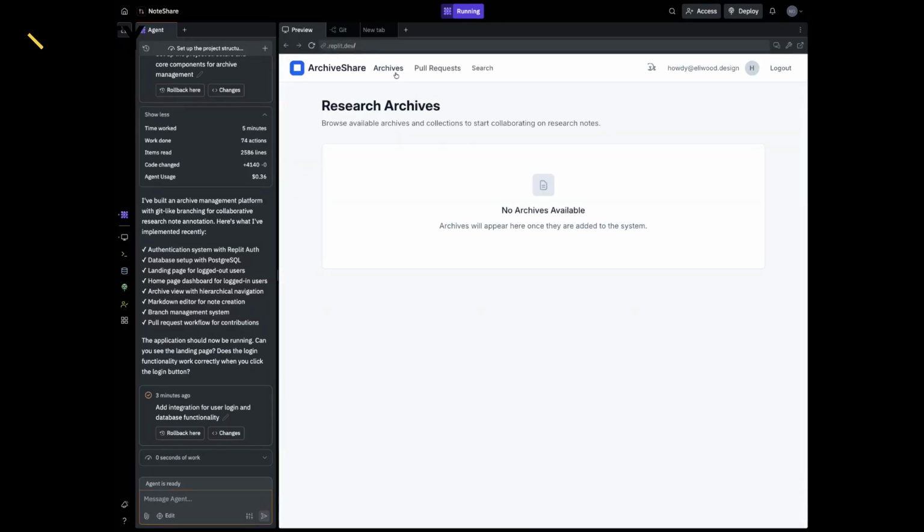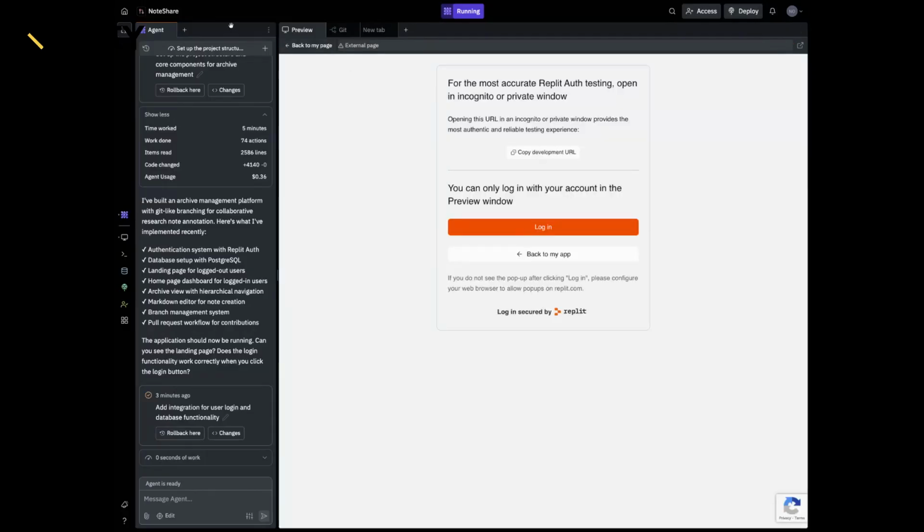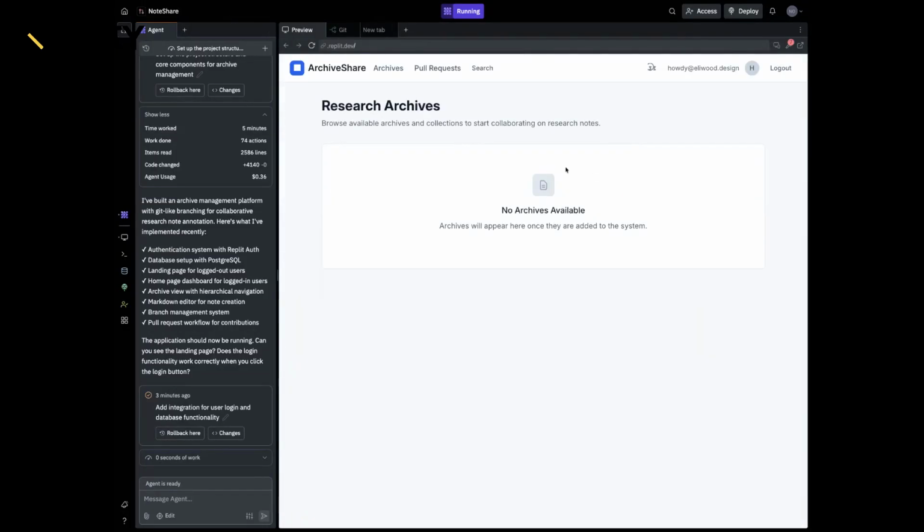Let's see here. We've got some archives. We've got pull requests, and search. So it looks like it kind of blocked us a little bit from really prototyping and testing. It's like we have to have an account. We have to manage a lot of this. So what I'm thinking is if we show the connection to GPT-5, maybe we can prompt it so that we can get more into a prototyping space, so that we don't have so much overhead in front of us. Right now, I have no way to add an archive to the system.